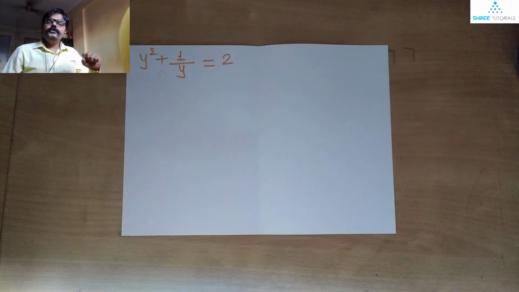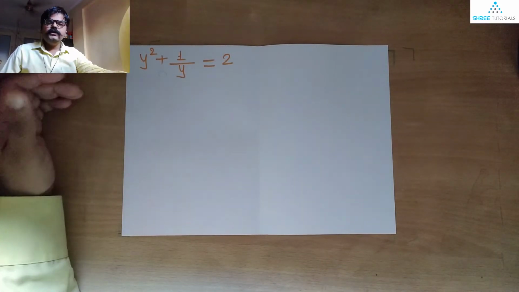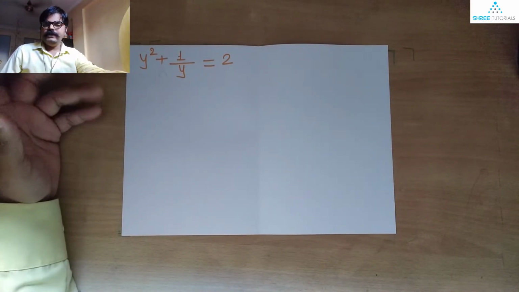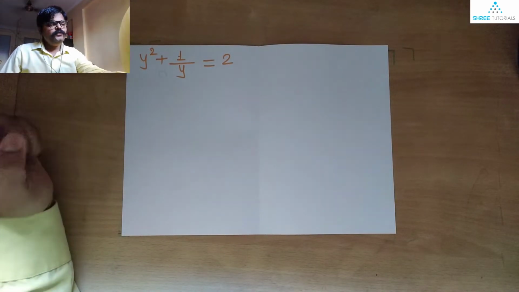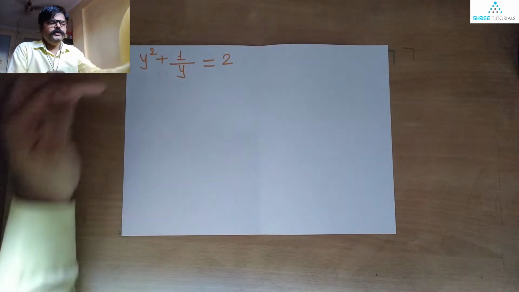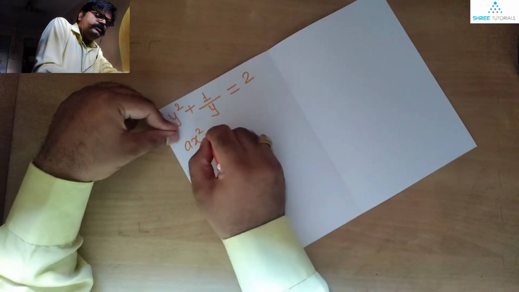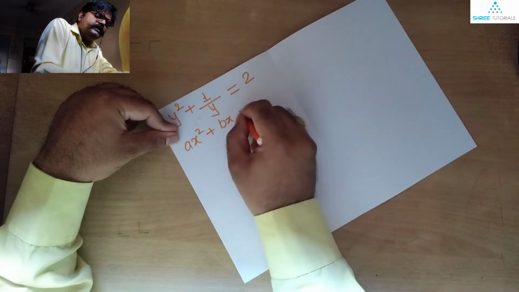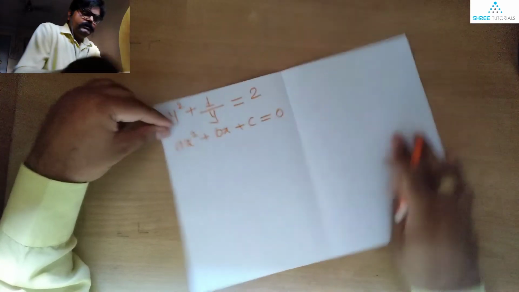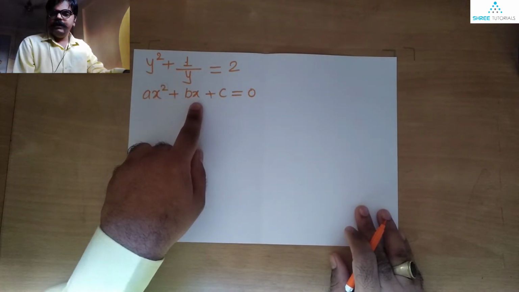Okay, similar to our previous example, over here as well, we are supposed to take a call on whether this given equation is a quadratic equation or not. Let us try to think about it. First of all, we are already aware of the general equation of the quadratic equation. However, the major difference between the given equation and the general equation is that all the variables in the general equation are in the numerator. None of them are in a denominator.